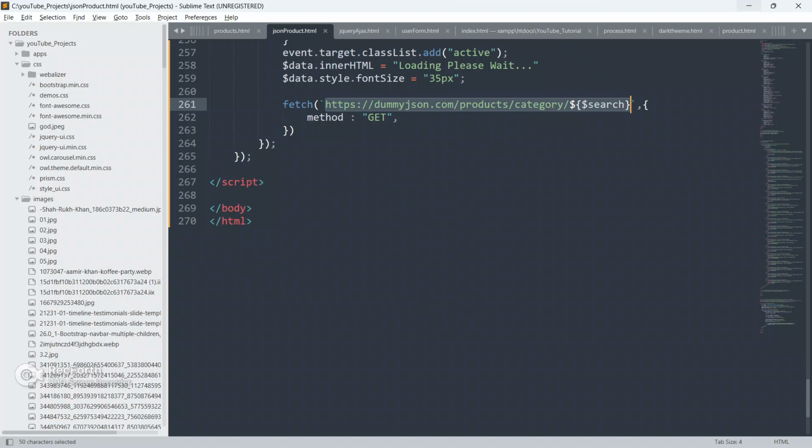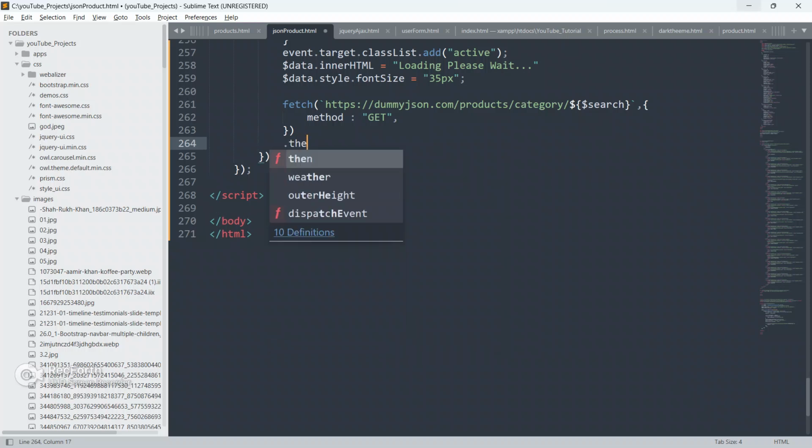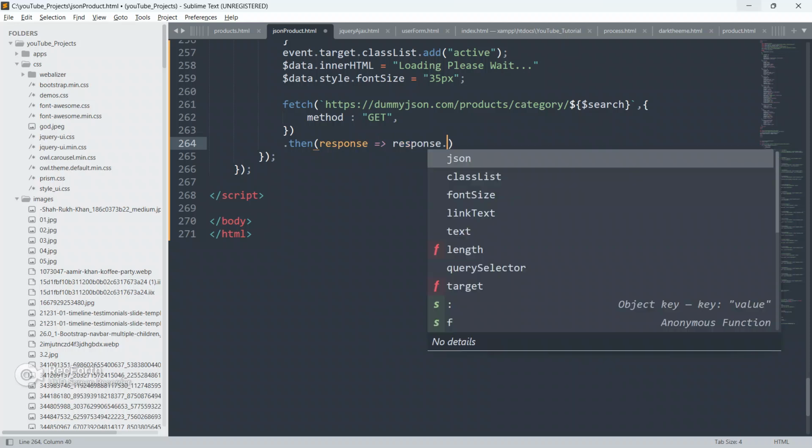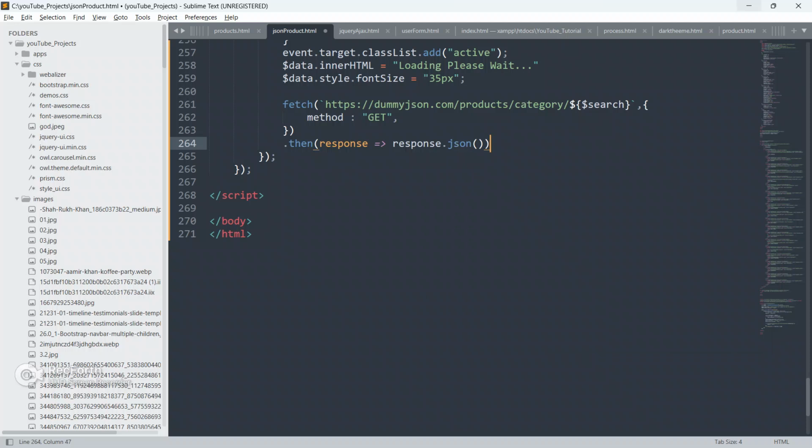Okay guys, if each and everything is okay on this server, then only it will return a promise, or what can I say, a promise or response. So we are gonna grab this response using the then method. We put dot then, and it is gonna return response. So for the response, we are gonna use a fat arrow function, response dot JSON, in the JSON format.